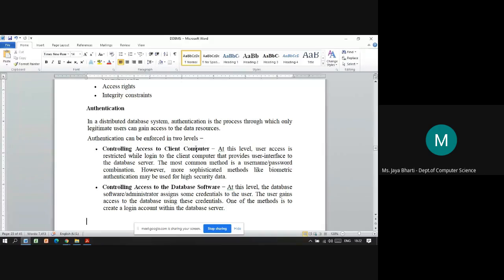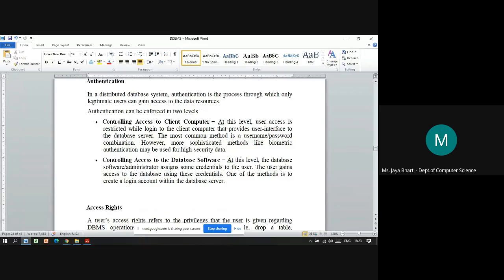Next is controlling access to the database software. At this level, the database administrator assigns some credentials to the user, and the user gains access to the database using those credentials. One of the methods is to create a login within the database servers. As per the different levels of users, the administrator will create different logins.